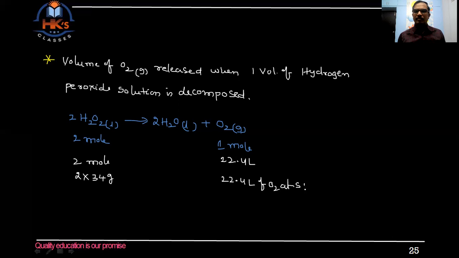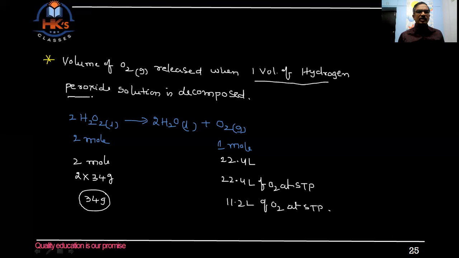So for this, take it as 34 grams. If it is 34 grams, definitely this will be 11.2 liters of oxygen at STP. Now, here we have hydrogen peroxide in grams. But we need to take 1 volume of hydrogen peroxide solution. So how to solve this? Understand this. Consider that 34 grams of